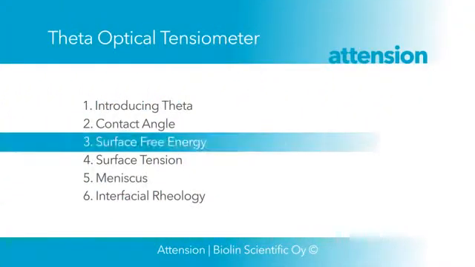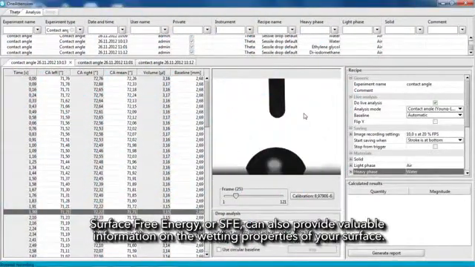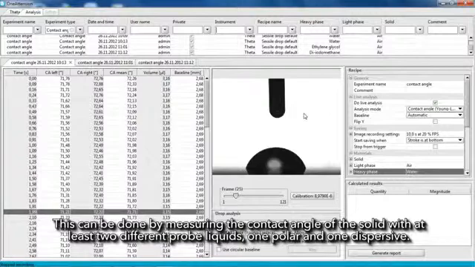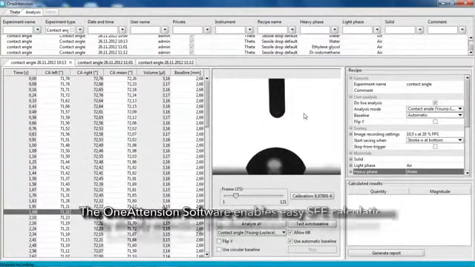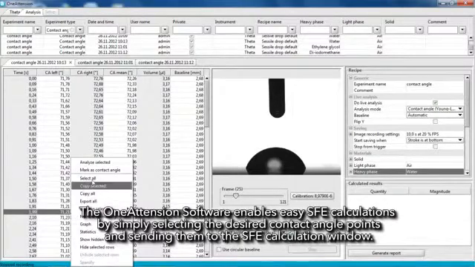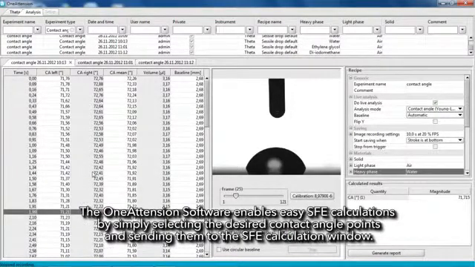Contact angle measurement can be followed by surface free energy calculations. Surface free energy, or SFE, can also provide valuable information on the wetting properties of your surface. This can be done by measuring the contact angle of the solid with at least two different probe liquids, one polar and one dispersive. The Attention software enables easy SFE calculations by simply selecting the desired contact angle points and